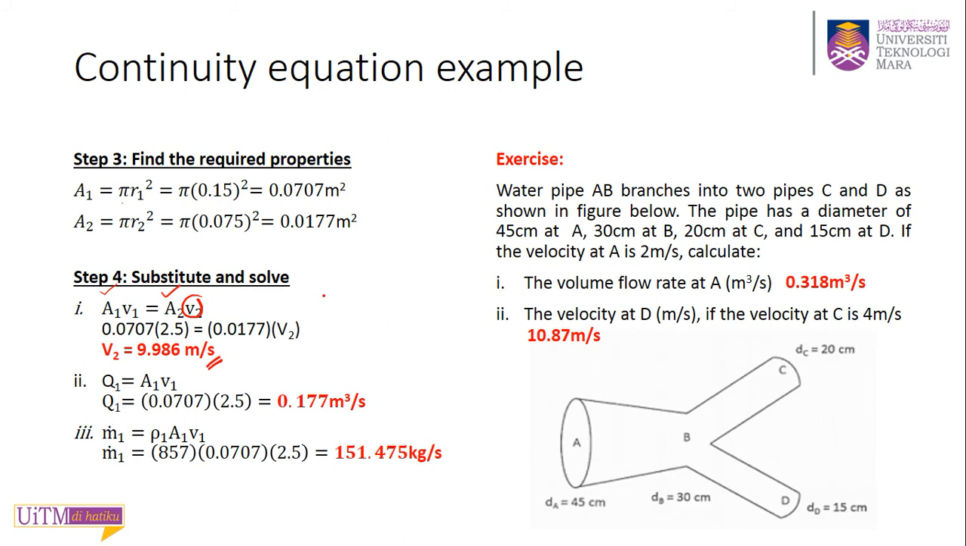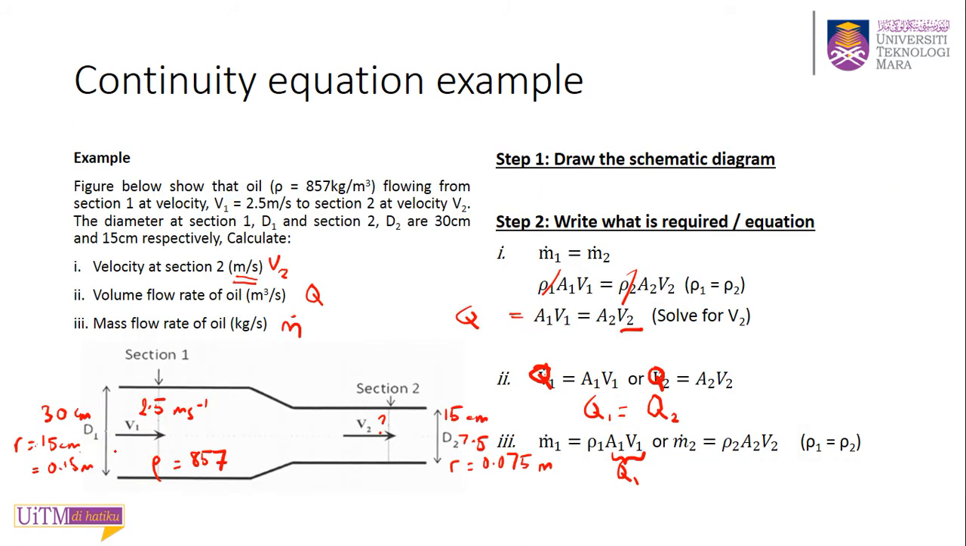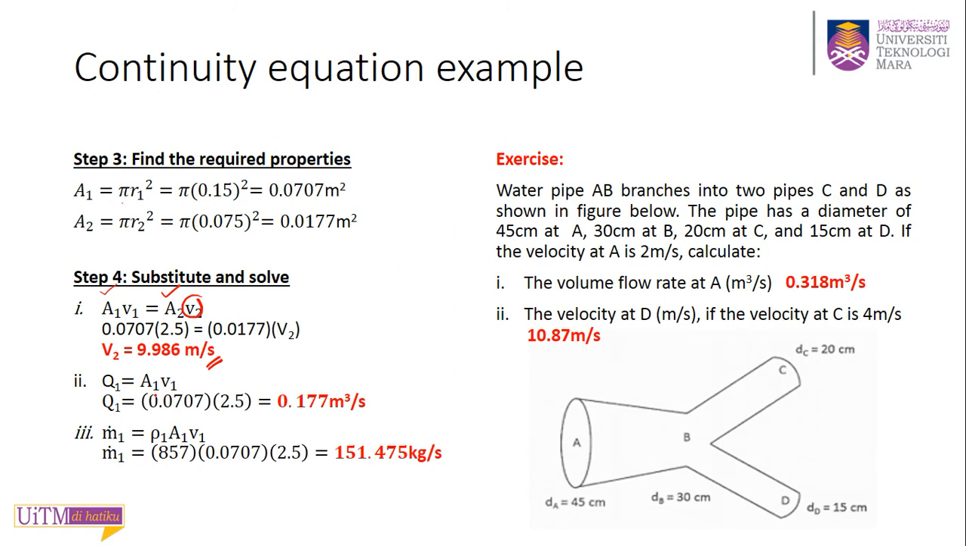And they ask you to find volume flow rate for oil. You already have your V2. Even though you have not solved this question, you already can answer the question for volume flow rate, because you already have your A1 here, and you also have your V1. The A1 is pi r squared, times the velocity at 1, 2.5, and it should give you the answer 0.177. This should equal, if you use A2 times V2, if you multiply 0.0177